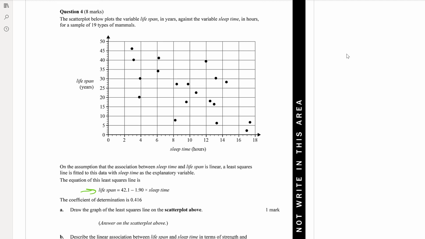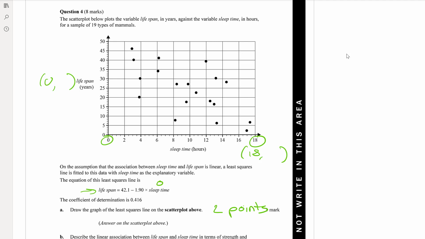To do this, you need 2 points, and the easiest ones are probably going to be 0, and this is from that sleep time, so basically that x value. You're going to pick when x is 0, so you're going to go 0, oh, that's y. Oh, it is x, sorry, my bad. And x is 18, so these are the points I'm after. So I want the y value, so I'm going to put this into,